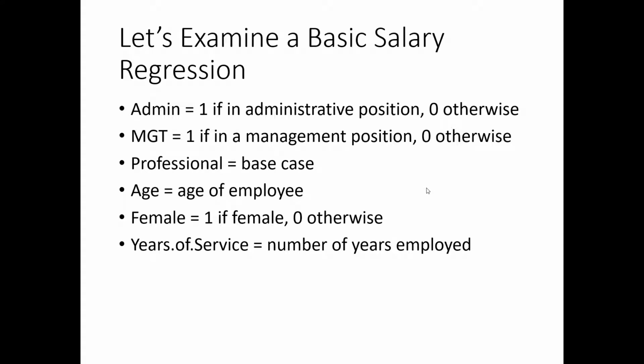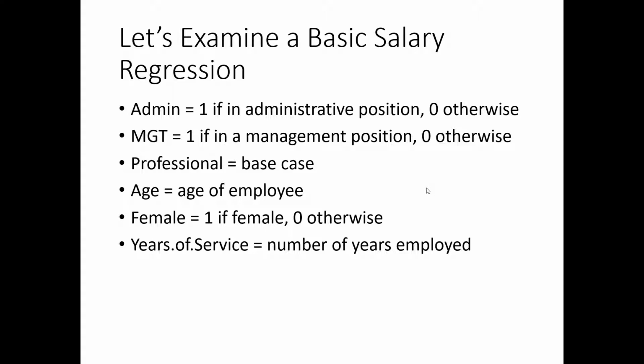So let's consider an example here. We're trying to predict salary, and we have a few basic variables. One is job classification. We have 3 job classifications in this scenario, so we have potentially 3 dummy variables, one of which gets designated as the base case so that we don't fall into the dummy trap and have perfect multicollinearity and nasty stuff like that. So we make professional the base case, and now we compare management 1 or 0, admin 1 or 0 to